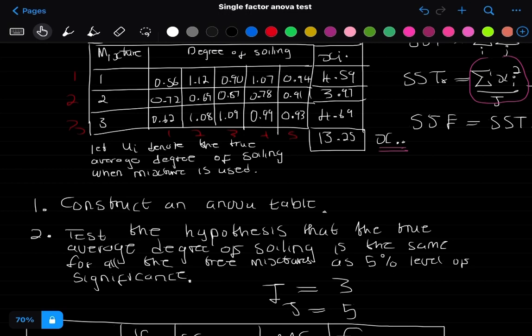0.56 squared plus 1.12 squared plus 0.90 squared plus 1.07 squared plus 0.94 squared plus 0.72 squared plus 0.69 squared plus 0.87 squared plus 0.78 squared plus 0.91 squared plus 0.62 squared plus 1.08 squared plus